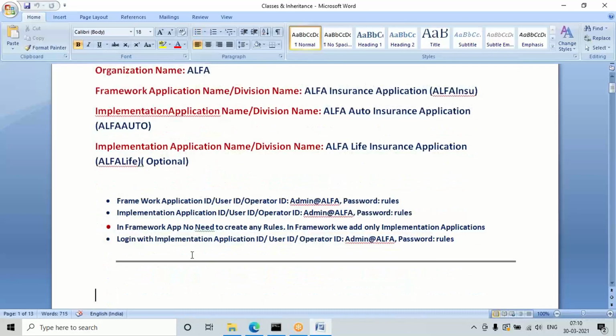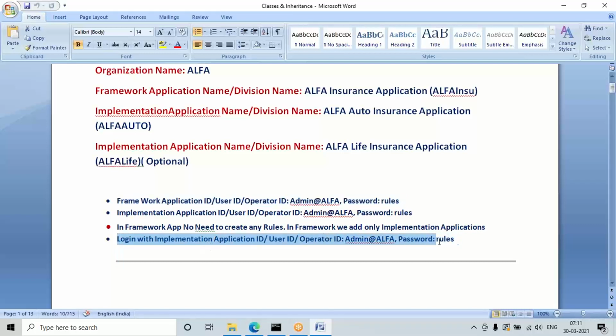Before that, for the framework and implementation, I'm using the same user ID. If you are not creating a user ID for the implementation, then the ID initially created for the framework will automatically apply for the implementation also. Another thing is, any design we are going to create, we create under the implementation.